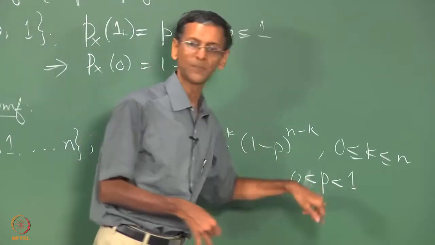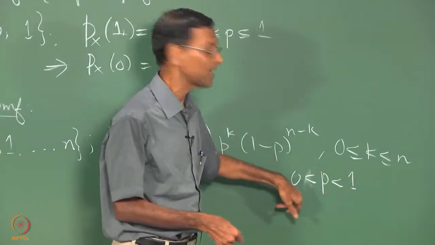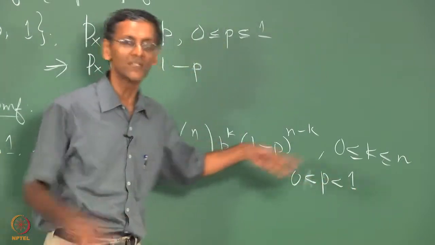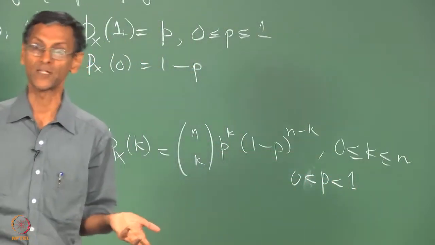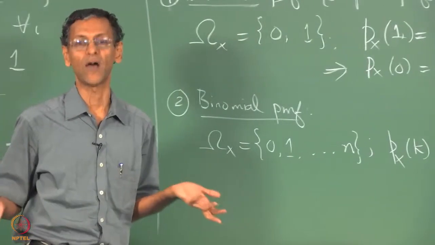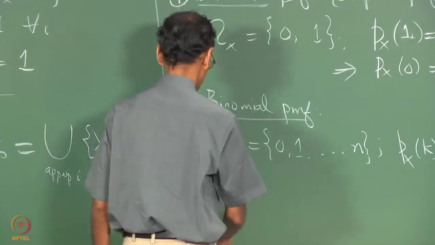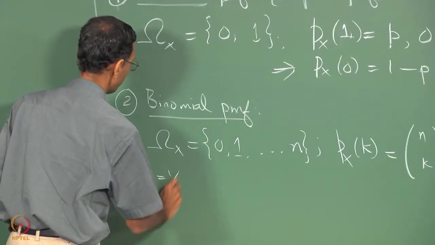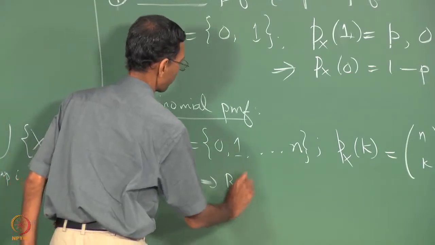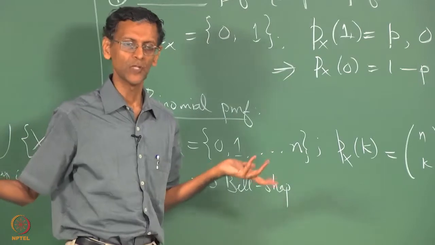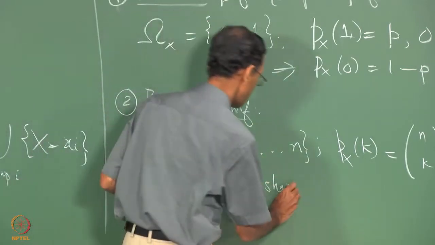So therefore we put p between 0 and 1, but you can make this p arbitrarily close to 0 or arbitrarily close to 1 here, right. So at those extremes it will not really look like a bell shape. It looks like a bell shape only for p around half, right. So, for p equal to half we get a bell shape, and we assume that n is fairly large, right, more than 20, 30, 40, whatever, right,